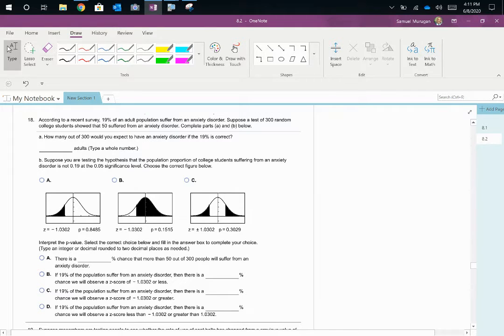Question 18. So let's read the question here. According to a recent survey, 19% of the adult population suffer from an anxiety disorder. Suppose the test of 300 random college students showed 50 suffered from an anxiety disorder. Complete the parts below. How many out of 300 would you expect to have an anxiety disorder if the 19% is correct? So 19% of 300